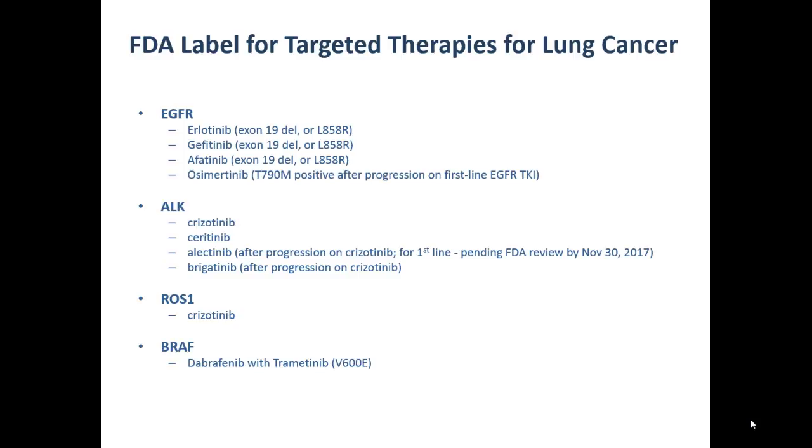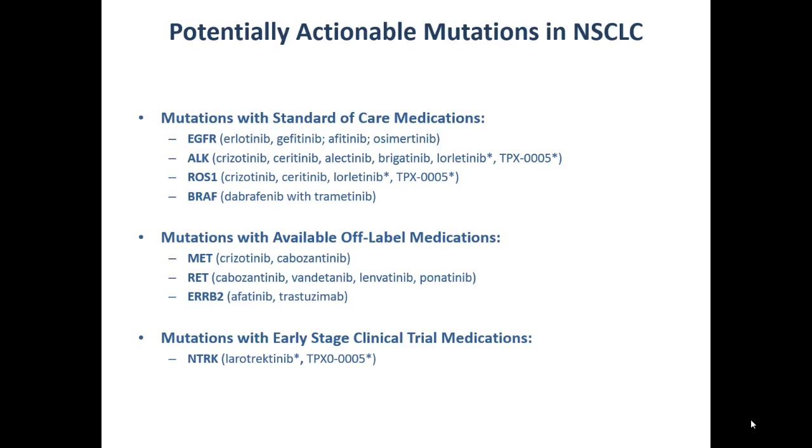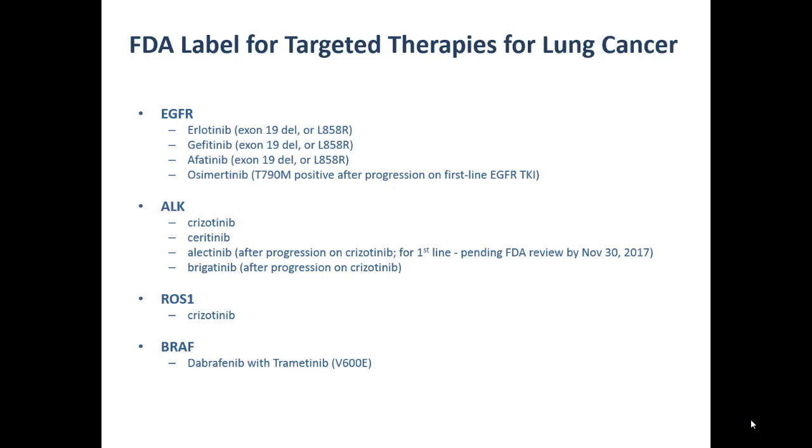But most importantly, in some cases it will be inappropriate therapy because these drugs have no activity for other mutations. Osimertinib is approved specifically for T790M positive EGFR mutation positive cancers, and after progression with any